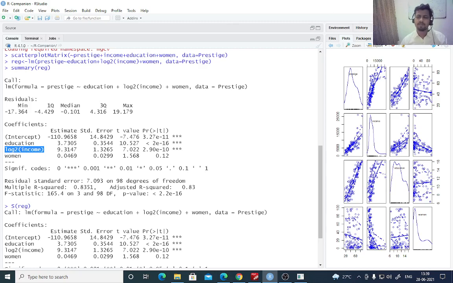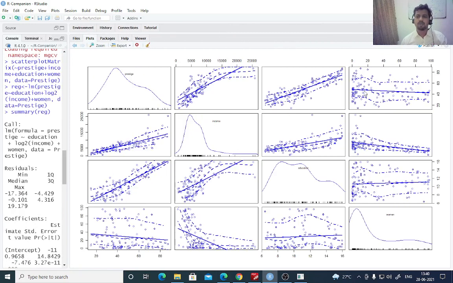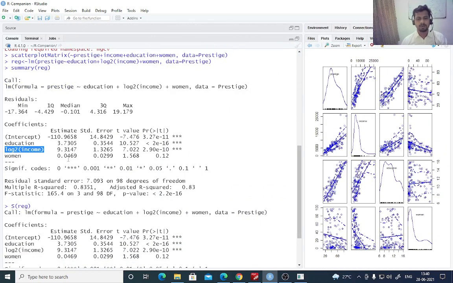But you can easily see even from the graph that when you have income and education as explanatory variables explicitly in the model, this proportion of women does not explain any increase in the conditional mean of prestige points. This is also indicated by the associated p-value of the t statistic. And the rest are simple statistics. This is your residual standard error. There are 98 degrees of freedom because it automatically skips 4 values because of missing data.